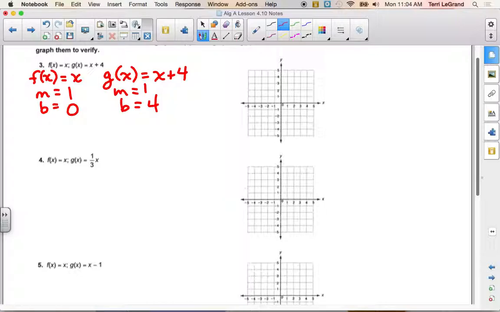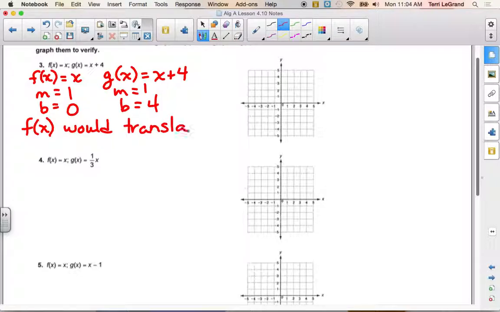The y-intercept changed. If the y-intercept changes, they're going to be parallel, but what transformation is that again? The translation. So we're going to predict that it would translate f of x,